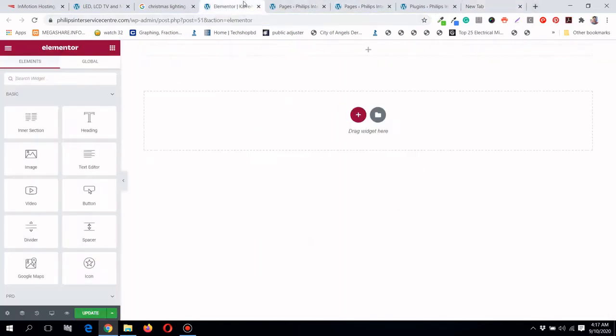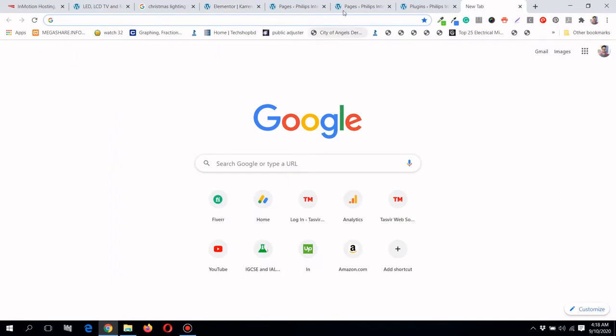Okay, so now I need images. The best thing would be that if you have your own Christmas lighting business, and you have your own images of your works, then it is best to use those ones. But if you're a beginner, if you just started your Christmas lighting business, then you can use some free stock images from here,